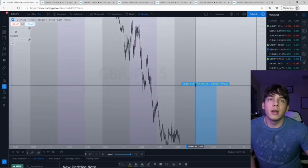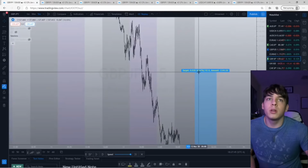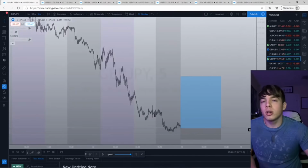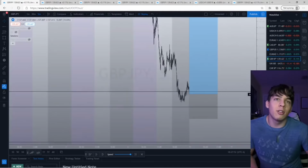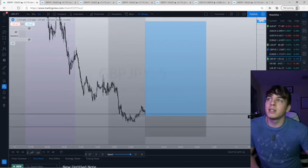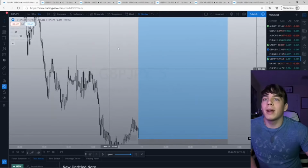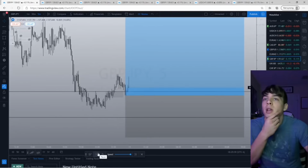So if we go ahead and we come up here, 92 pips, you can see that this is around a 1 to 4.5 risk to reward trade, which was fairly good. You know, sometimes I like to go for more. Sometimes market conditions just kind of make it that way. So this is perfect. We're gonna go ahead and see how price reacts in real time, and you can see